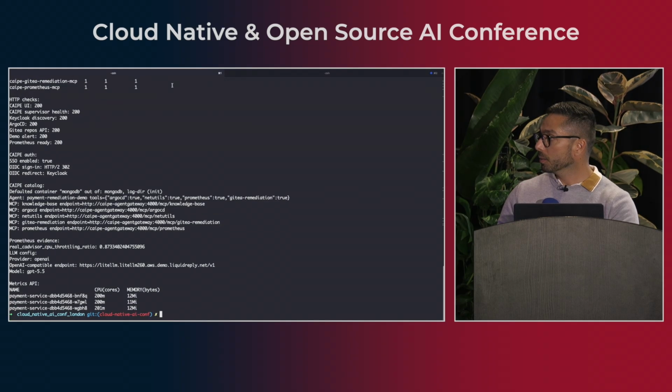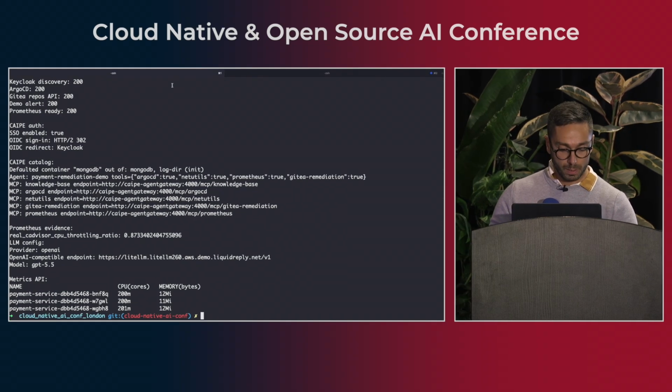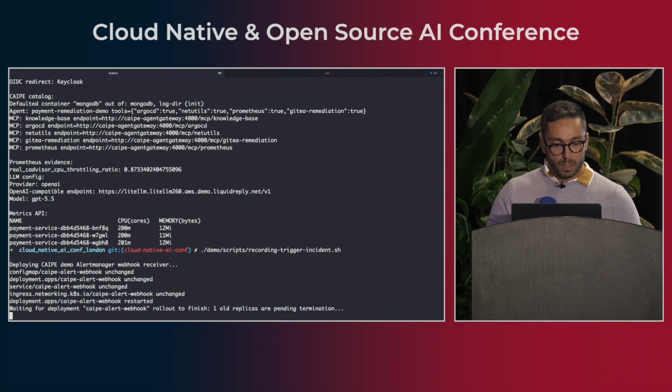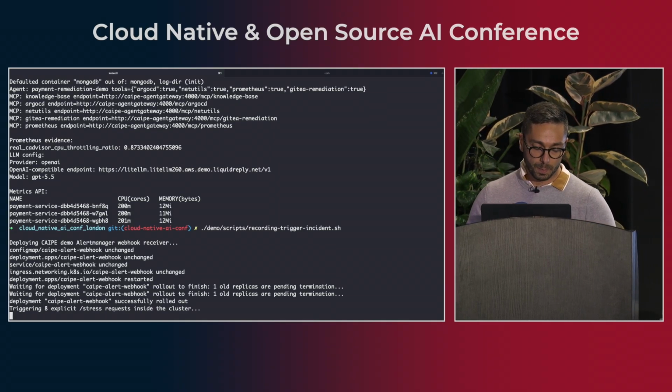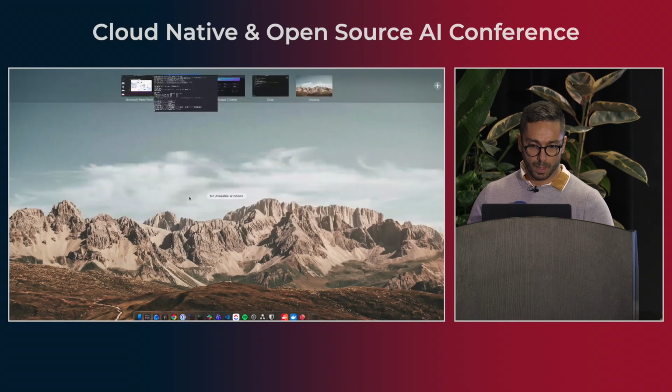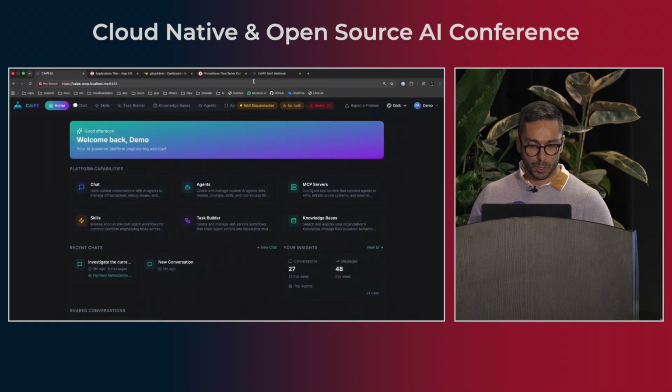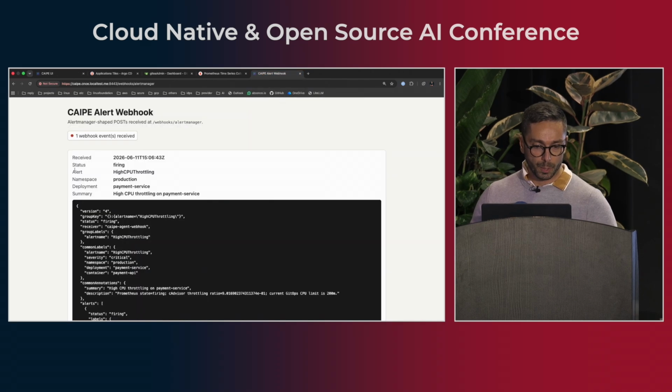I hope the terminal is also big enough. So this is just going to tell Alert Manager to send the webhook. Yeah, there we go. So it just hit the KP server, so we can see there is a high CPU